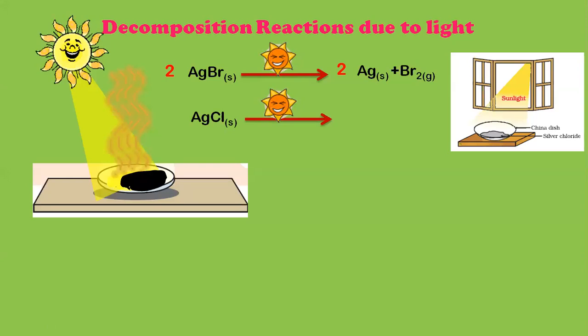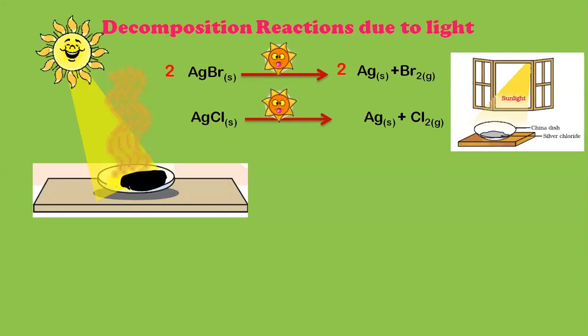It's a very simple equation. Instead of AgBr, I have taken AgCl. I have exposed it to sunlight. It will split up into what? Let me see how many of you are able to write it correctly. It's going to give me Ag plus Cl2. Again, why did I write Cl2? Because chlorine is a gas.